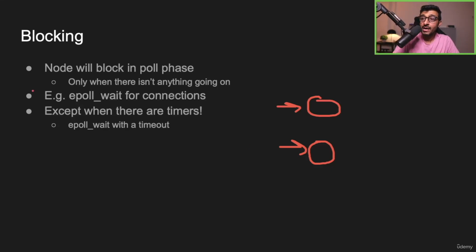How? epoll is one approach, and this is what we're going to talk about in this course, mainly. epoll is a way to take an array of file descriptors and say, hey, here's a bunch of connections. Tell me if any of these guys are ready, and I'm going to wait. And instead of calling